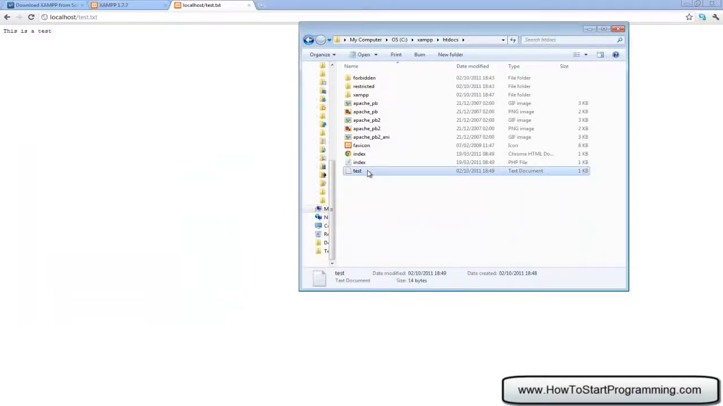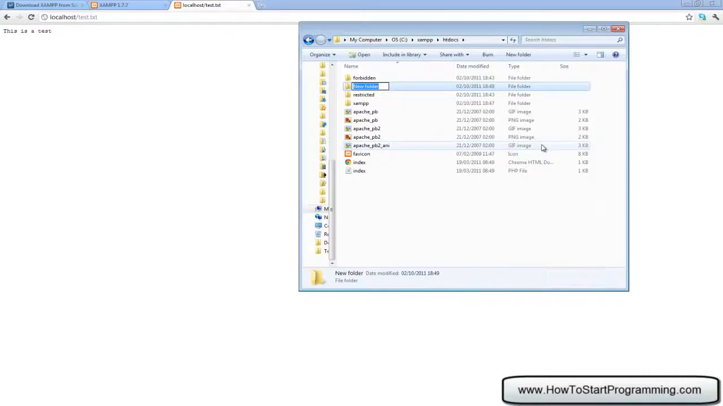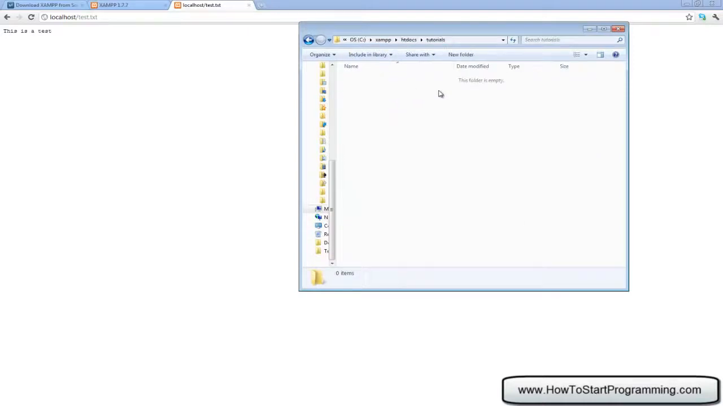What we're going to do now is delete this, and I'm going to make a directory in here which I'm going to use for the tutorial. So make a new folder inside htdocs and call that tutorials, and just double click there, and inside here we're going to hold all of our PHP files that we'll use in the upcoming tutorials. So now we have successfully installed XAMPP, and we are ready to start writing our first